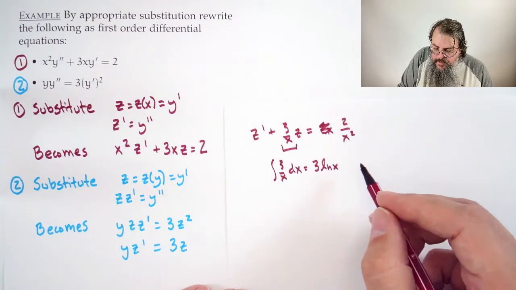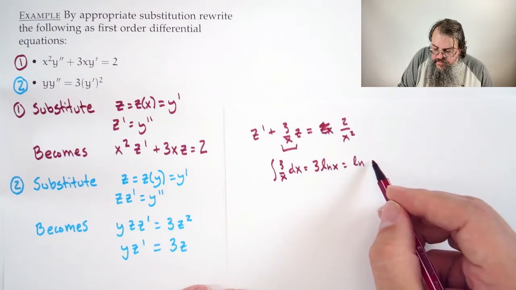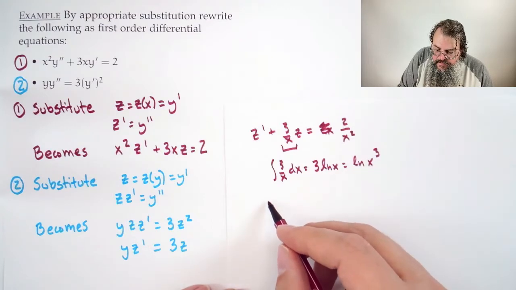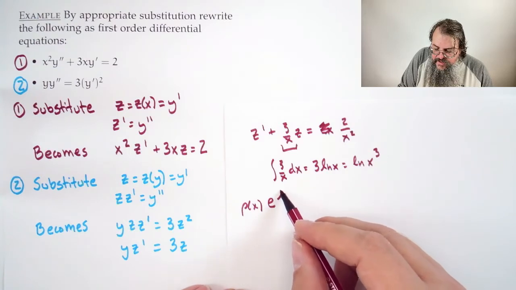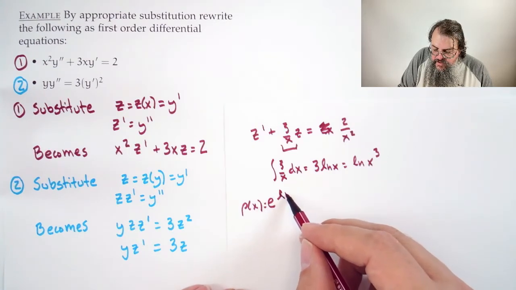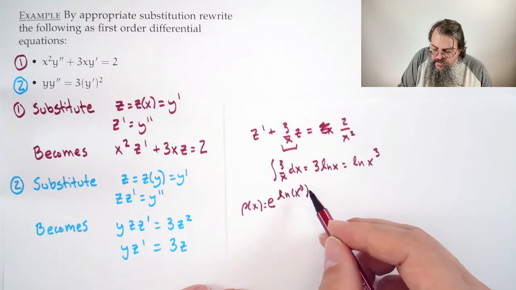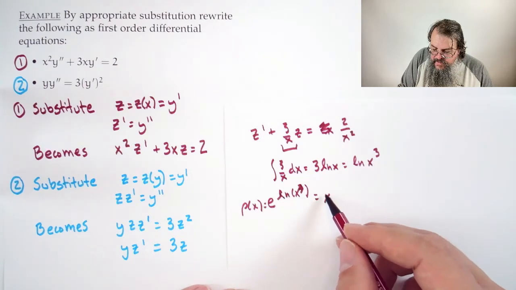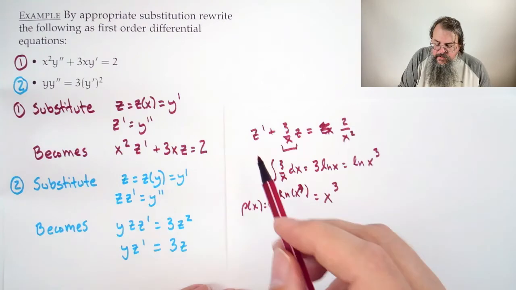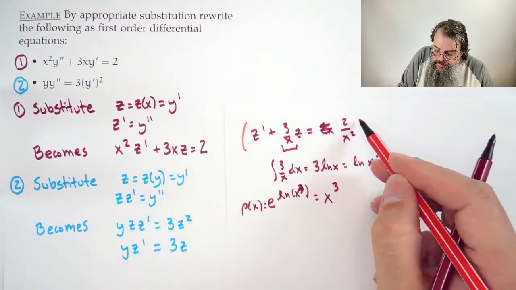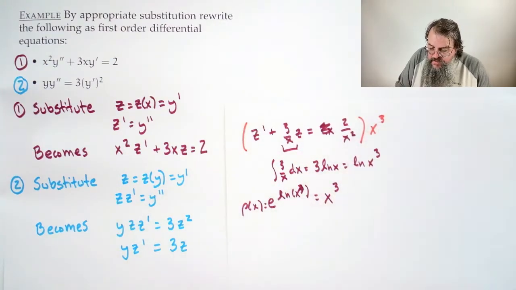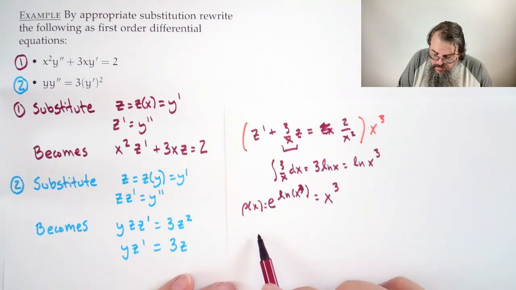You know, after you do a couple hundred of these, it becomes second nature. Even before then, it becomes second nature. So our integrating factor is rho of x equals e to the log of x cubed, which is x cubed. So you come back to your original differential equation, the one with the leading term 1 times z prime, multiply both sides by x cubed, and we see, lo and behold, we get x cubed